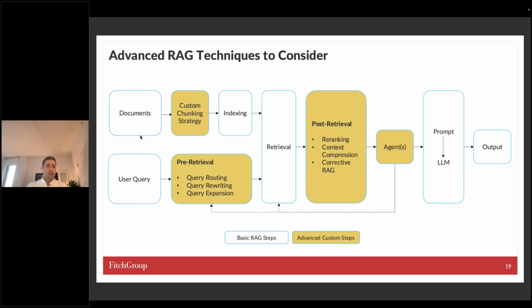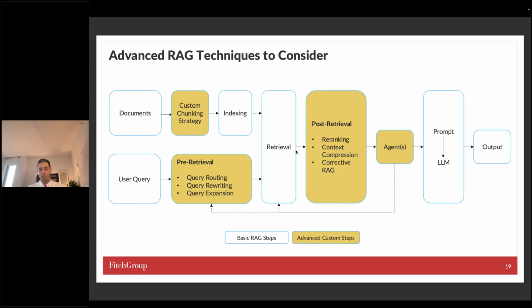So first, on the document ingestion side, you need potentially custom chunking strategies. One thing that you will see shortly is that at Fitch, all of our products don't have the same type of document. We have documents that have many, many dozens of pages. We have documents that might be 1 page long. We have documents that are only text. We have documents that are text plus tables plus bullet points or some other semi-structured or structured data. You need to find ways to index.